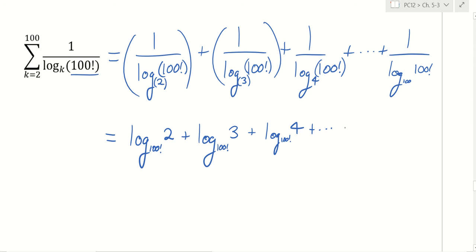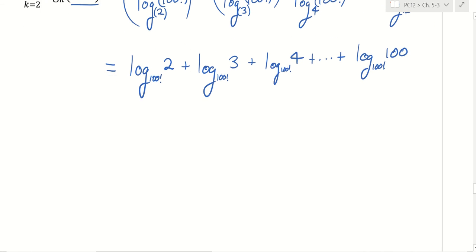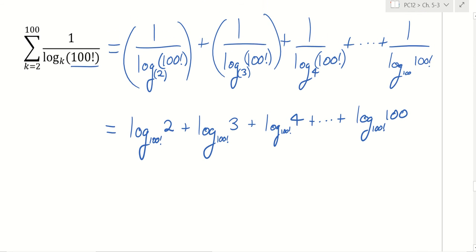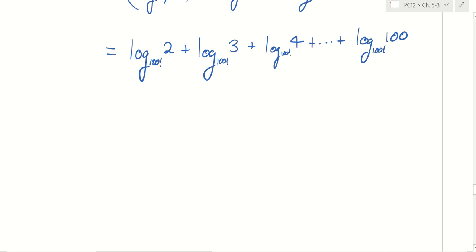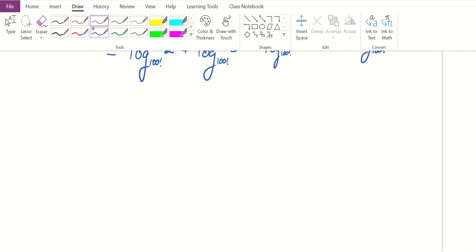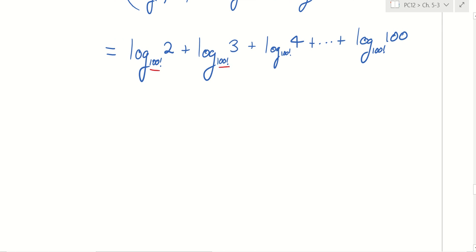And then we just keep doing that to all of those logarithmic terms, and then we do that to the last term as well. So log base 100 factorial of 100. There we go. So this looks a little bit simpler at least. We don't have all these fractions, but still it looks pretty complicated, right? We have this strange, huge, enormous base for our logarithms, but a key here is that actually every single logarithm